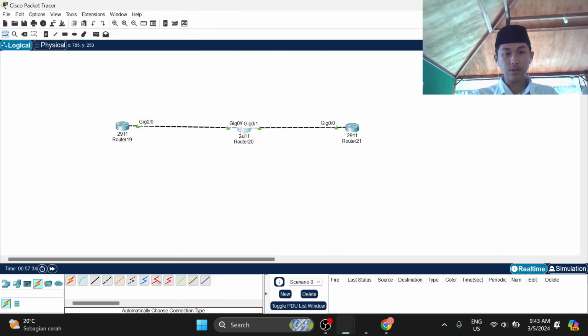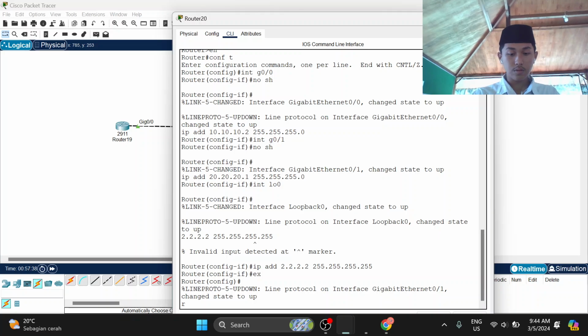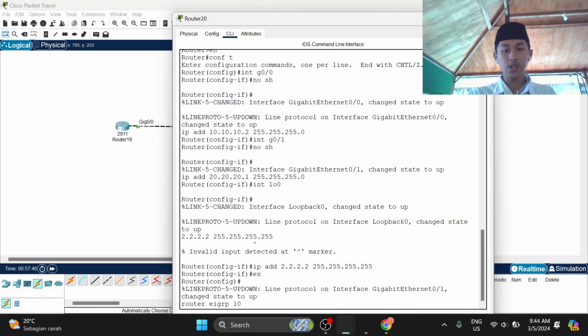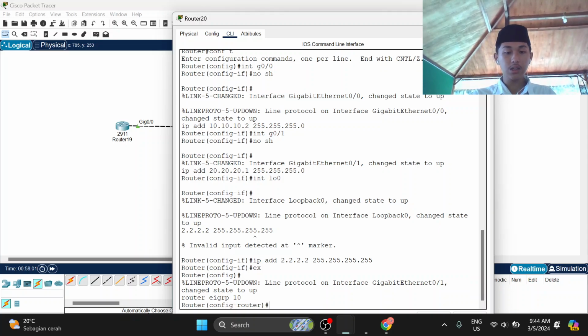Let's move to router 2. Router EIGRP 10. The autonomous system must be the same, because if it's different, we have to connect them using the BGP protocol. But because we will learn BGP in the CCNP material, we still use one autonomous system, 10 again.